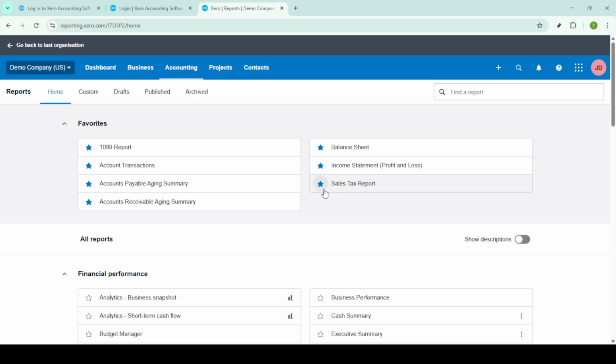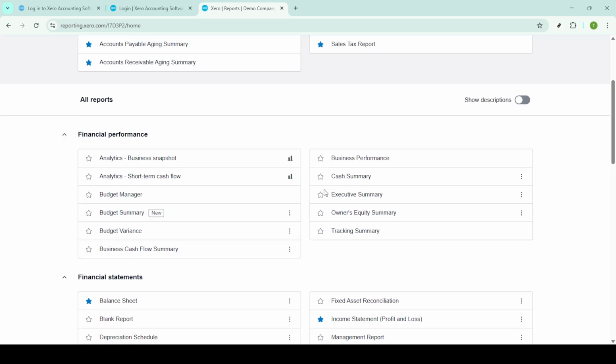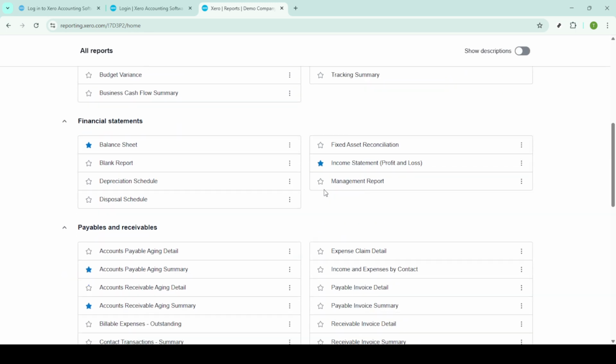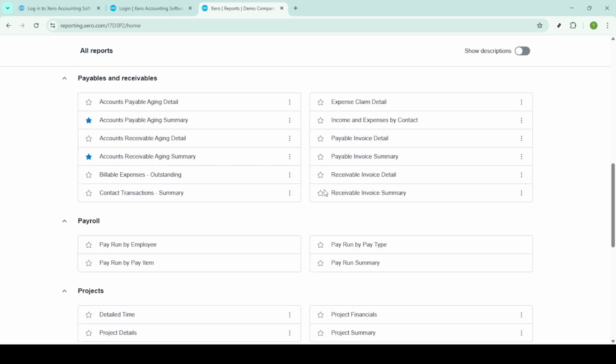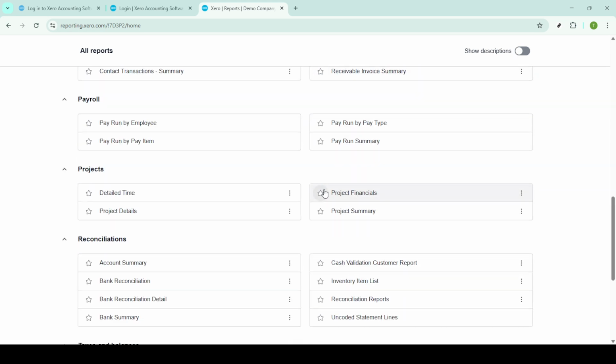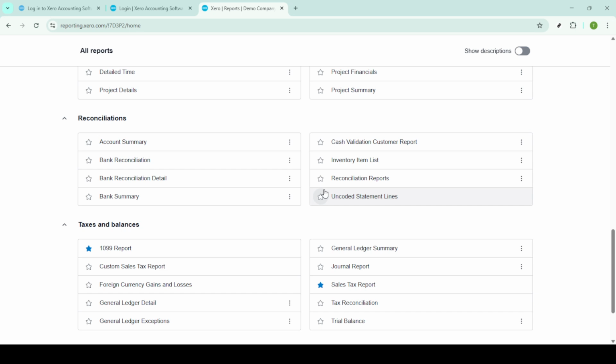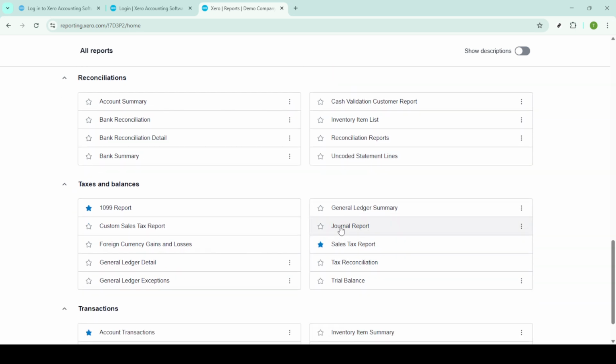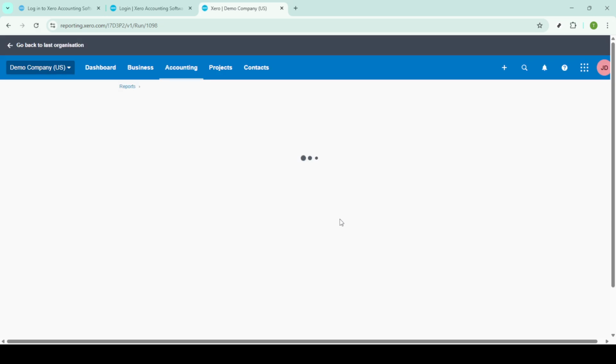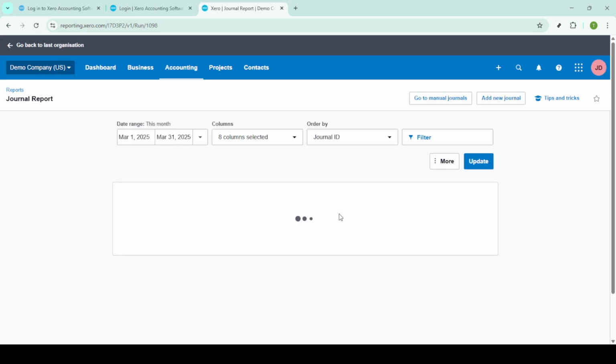This step might require a bit of scrolling, depending on your screen size and resolution, so make sure not to miss it. With the journal report displayed, you can now view all your transactions in one place. This report gives you a detailed overview of your business entries, which is essential when you need to track and audit your financial actions. At this point, take your time to review the transactions that appear, ensuring everything is accounted